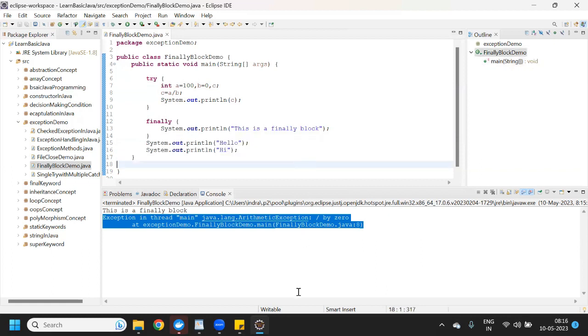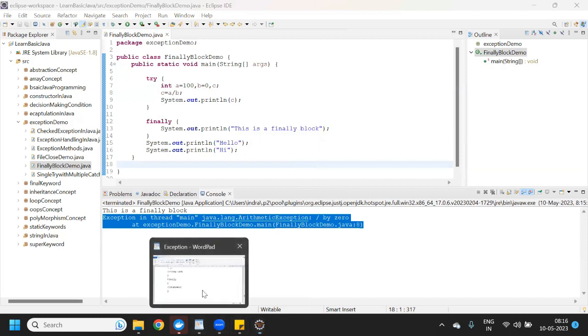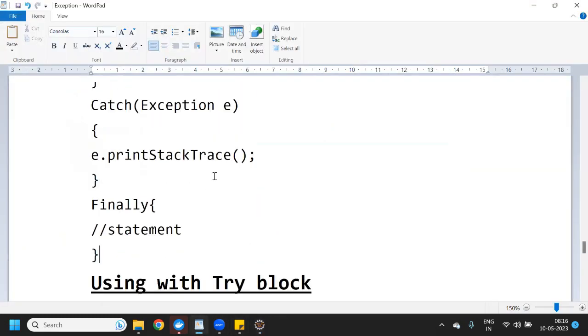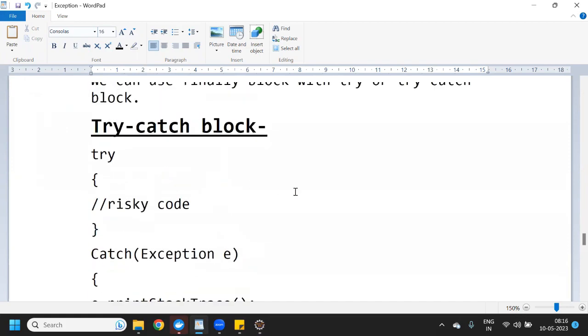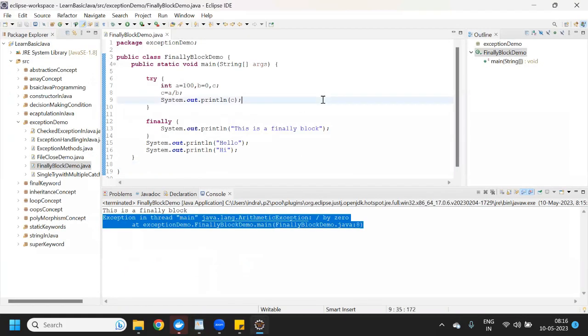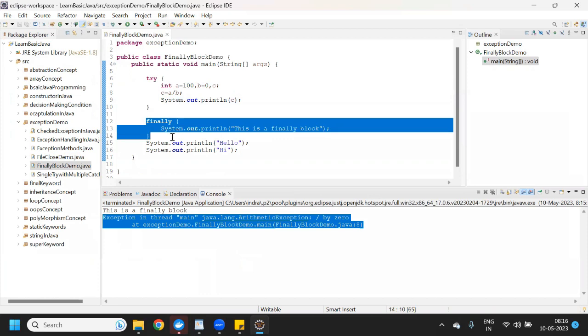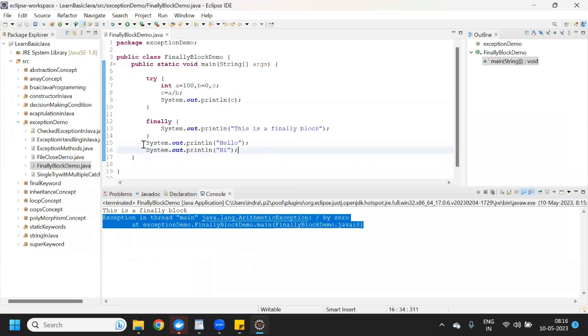So I would recommend you always use the finally block along with the try and catch block. With try and catch, if your program is throwing an exception, then the catch block handles the exception in an alternate way, and then it will execute your finally block, and then it will execute your remaining code as well.